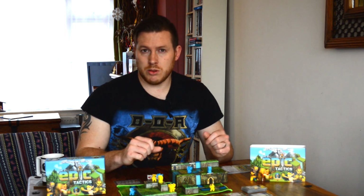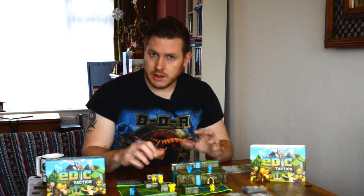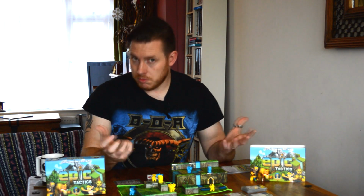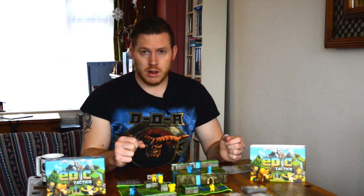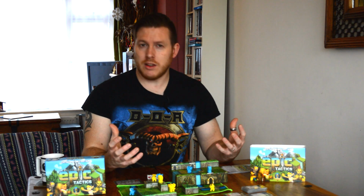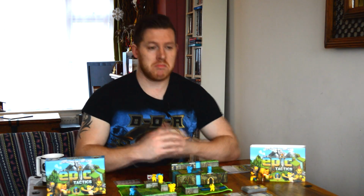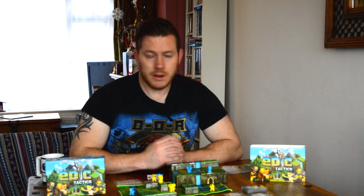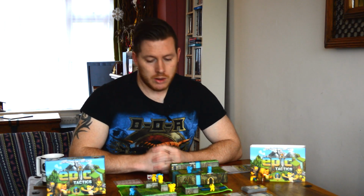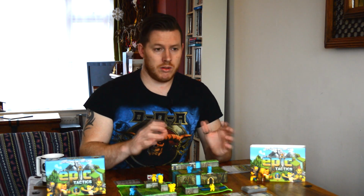Now, when you take into account as well that there are 2 other maps to go with this in an expansion, which I have on its way to me, then the variety of play that you have available here is really quite extraordinary. And for the whole thing to be under 30 quid over here in the UK, that is really quite something. So this, to me, is an absolutely unreserved thumbs up